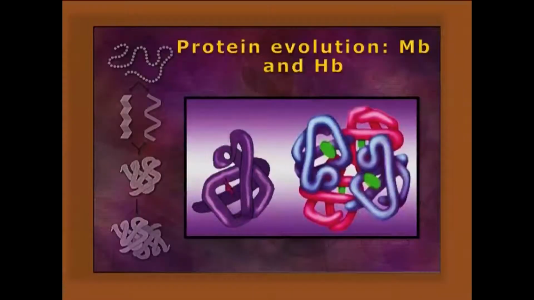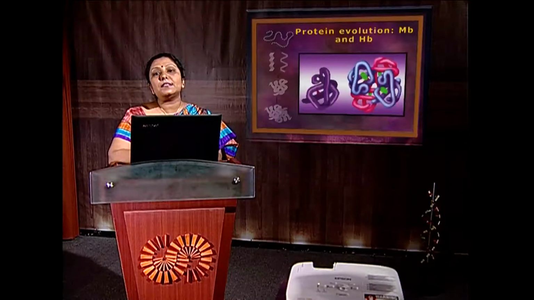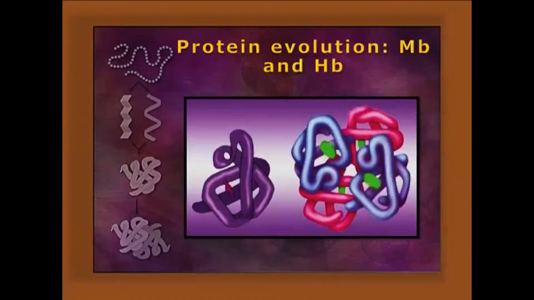So, protein evolution: myoglobin and hemoglobin. We know that they have a conserved folding pattern, the globin fold. They have globin genes on chromosomes 22, 16, and 11, where gene duplication happens. That gives continuous evolution, and it gives new speciation. We can find hemoglobin at different developmental stages as well.